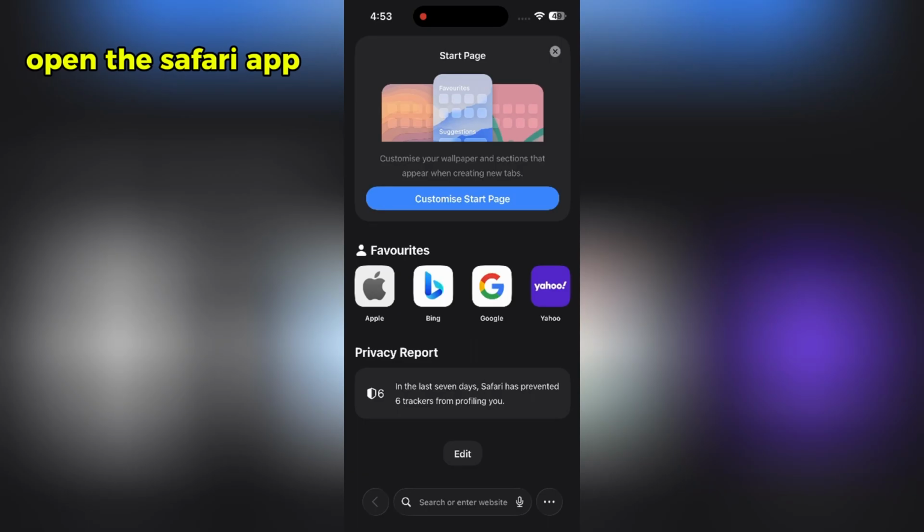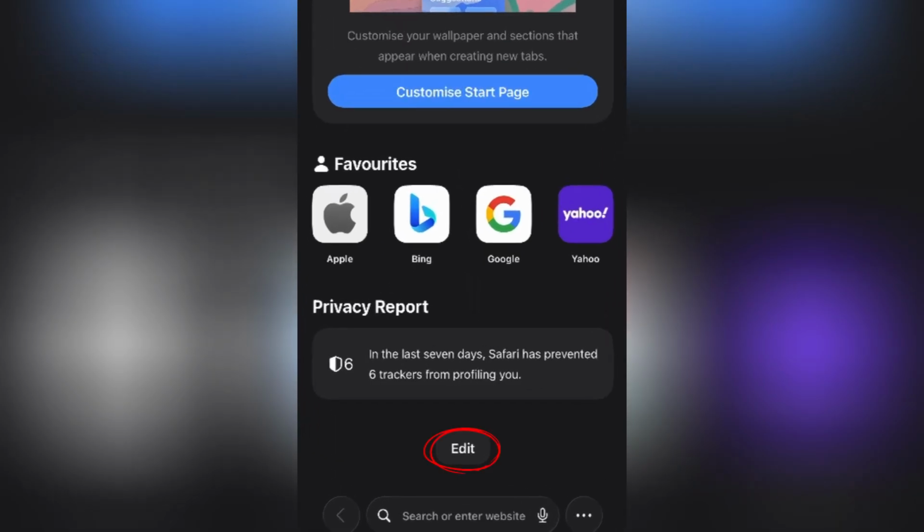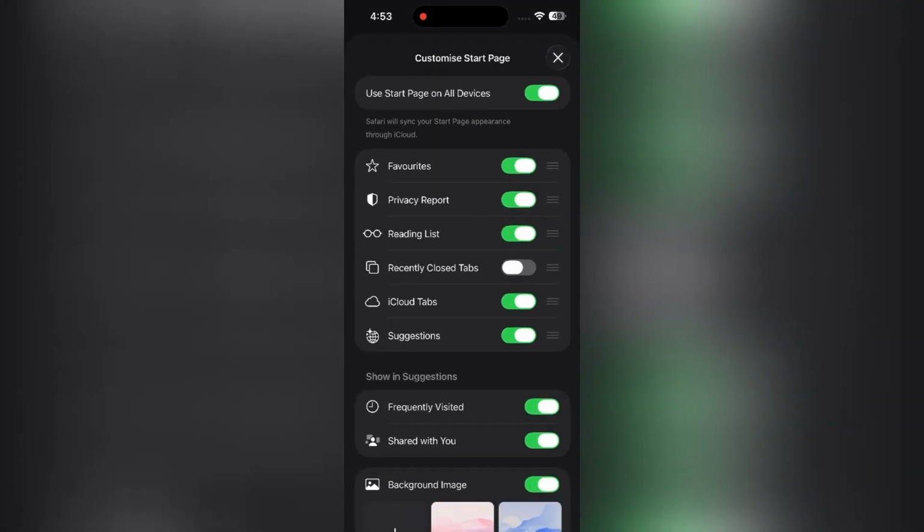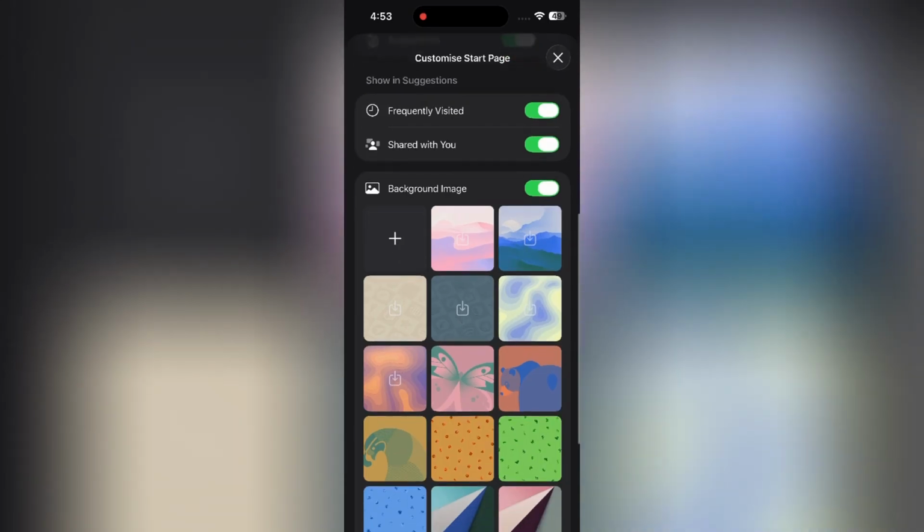To get started, open your Safari app on the iPhone. Once it is open, scroll all the way down to the very bottom of the start page until you find the Edit button. Tap on Edit to open the customization options. After entering the Edit menu, scroll further down until you see the background image option, and make sure to turn